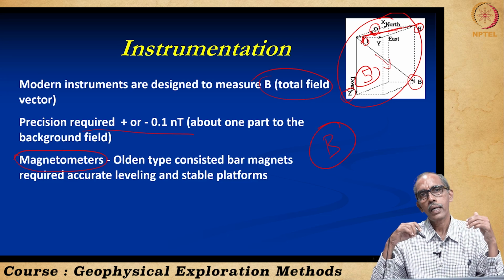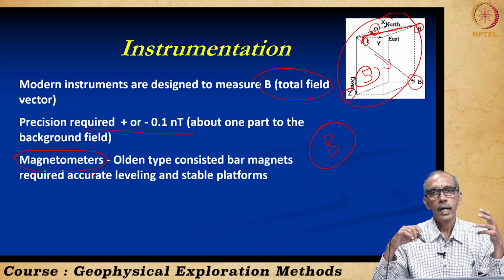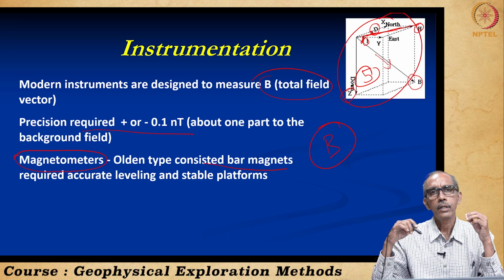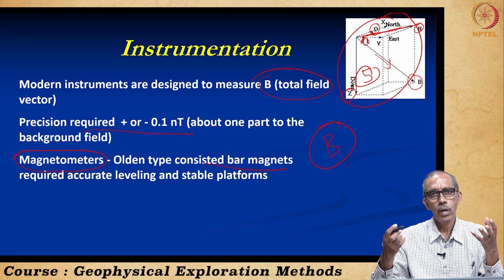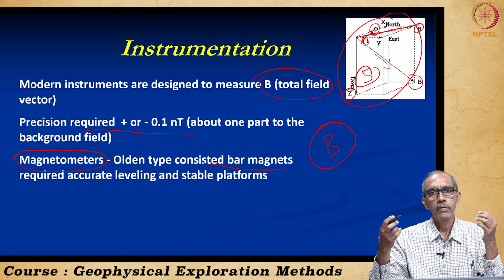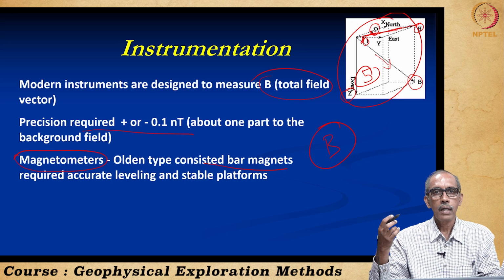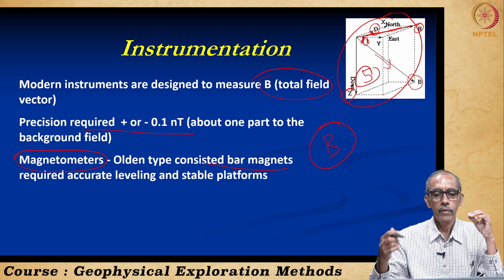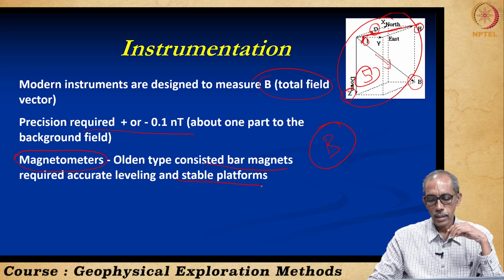The old magnetometers 20-30 years ago consisted of bar magnets, and they required accurate leveling. Those who have used surveying equipment, like a theodolite, know it is very essential to maintain leveling. Even a minor error will cause a huge error in the measurement of surface topography, isn't it? Very similar to that, even in the old magnetometers, leveling is very important, and we need to use stable